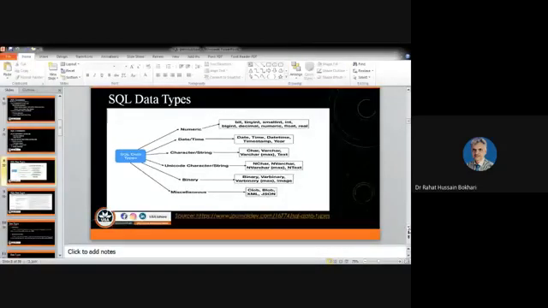Mostly the data types used in your projects are integer, decimal, character, date, etc. And here are written bit, tiny int, small integer, integer, big integer, decimal, numeric, float, real. There are many data types that you can use in order to create your table.